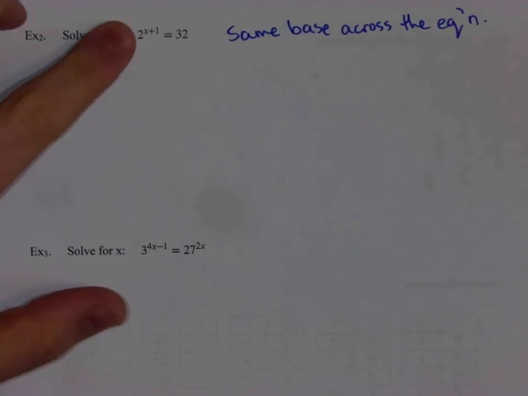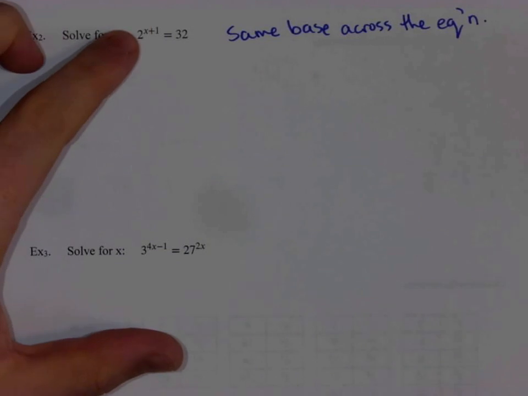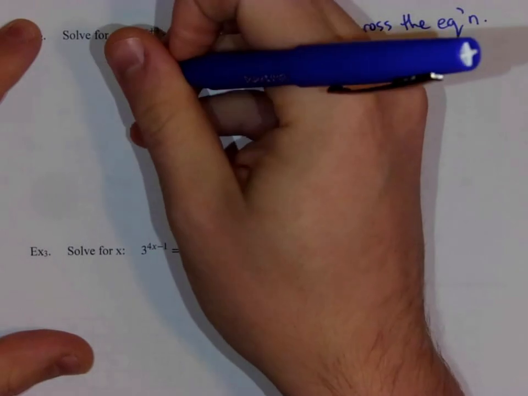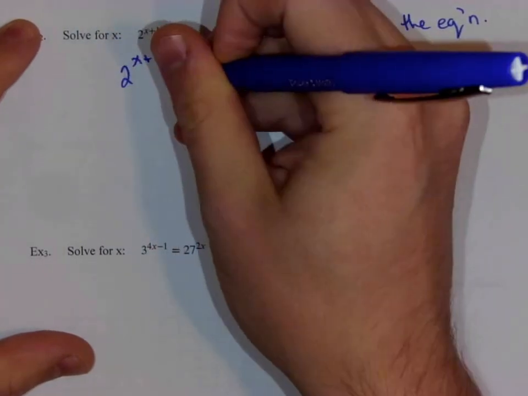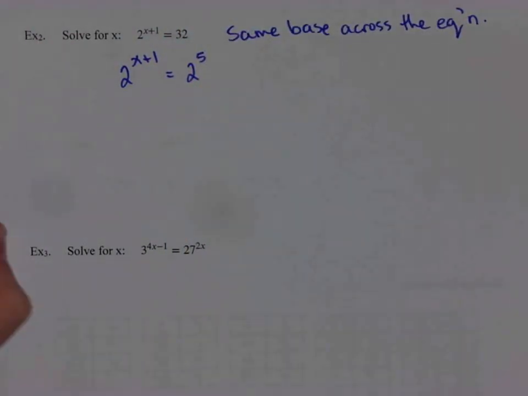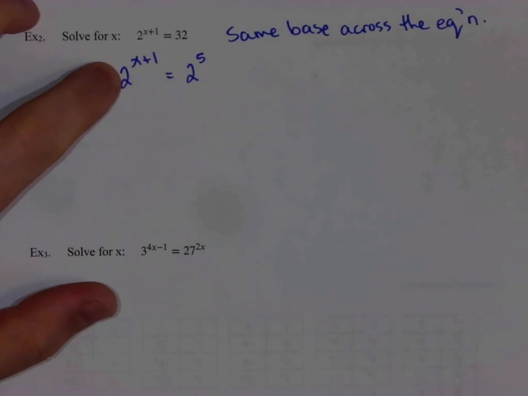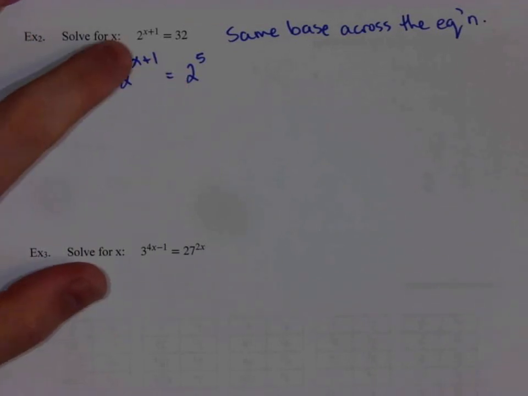So right now I have 2 on the left and I have 32 on the right, but 32 I could change with a base of 2. So I'm going to rewrite the left-hand side, but I'm going to change the right-hand side to be 2 to the power of 5. As soon as I get 32 into the same base as the left-hand side, so we've got 2 on the left and 2 on the right,